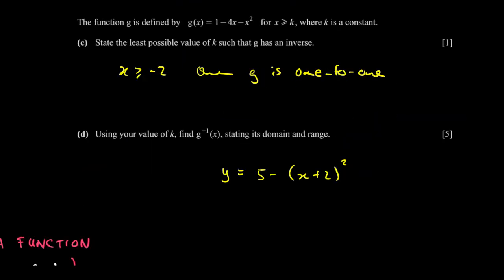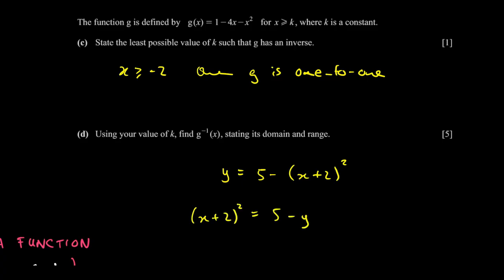Basically what I want to do is rearrange that and make x the subject. Why? Because here I've got my output in terms of my inputs. So I want to rearrange it to get the input x in terms of the output y. The way I can do that is I can get (x + 2)² = 5